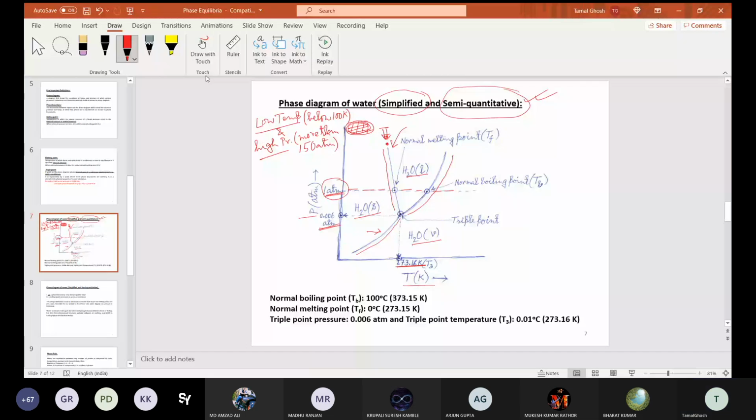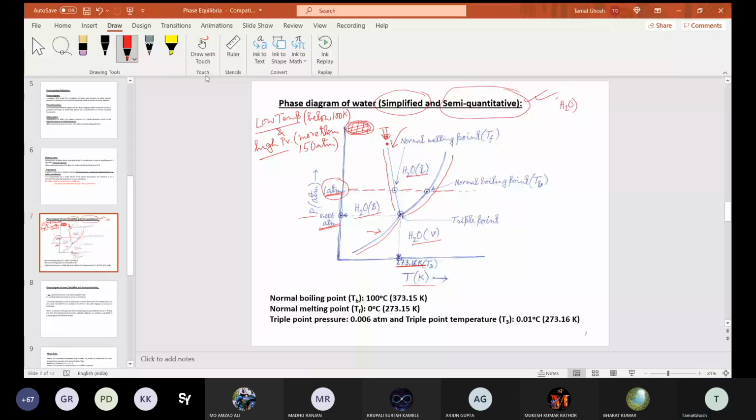These phases are not that stable. They are visible at low temperature and high pressure conditions. If you consider the actual phase diagram of water, which you can get from any standard textbook, you will see that phases like these will be existing. And remember, all of them are solid.